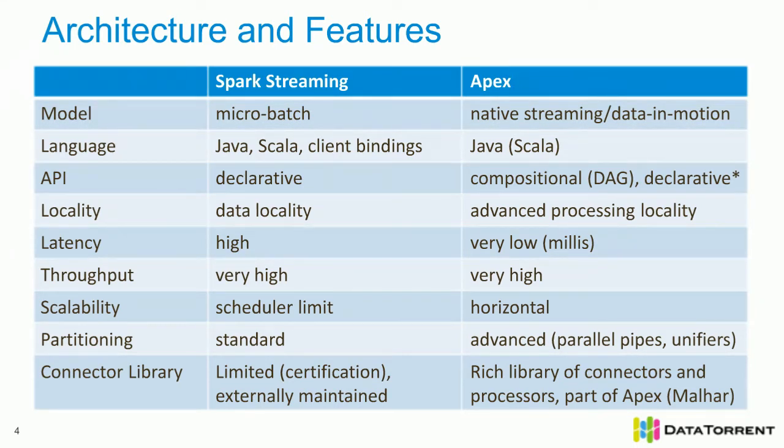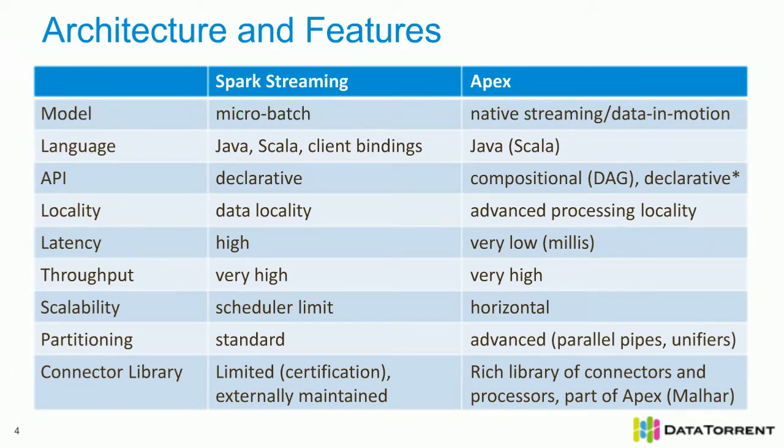Then scalability, Spark streaming scales to a limit. If you have to schedule many different tasks in a short amount of time, then the scheduler becomes very busy, so there's a potential limit on the scheduler. As opposed to the stream processing architecture, you schedule once and then you process for a long time, so we can say it's horizontally scalable. Of course, every system at some point has a limit, but with Apex we have shown that we can really scale out a lot, and with the partitioning schemes, we can process millions of events and internally billions of events in a second. So partitioning,